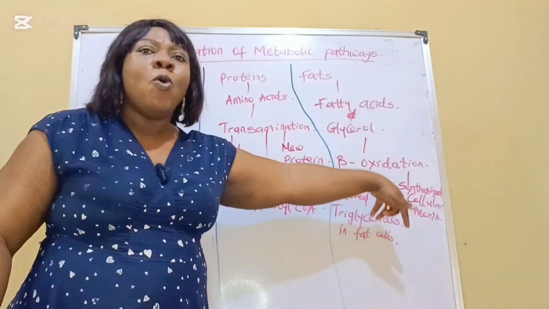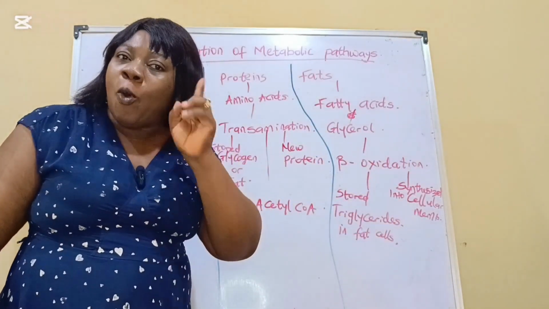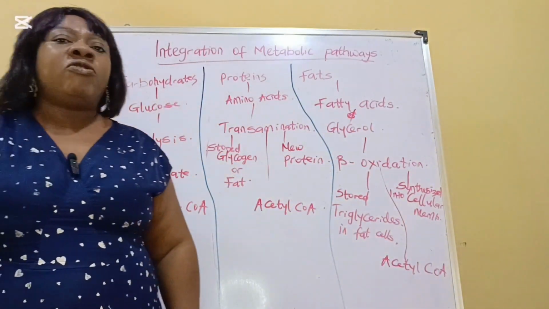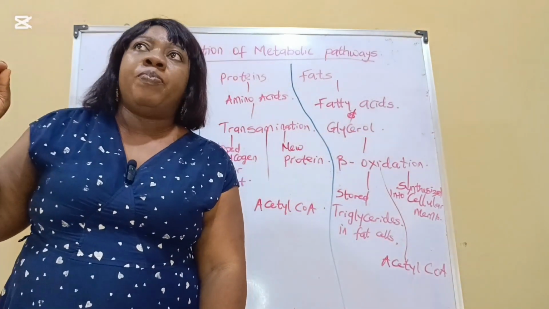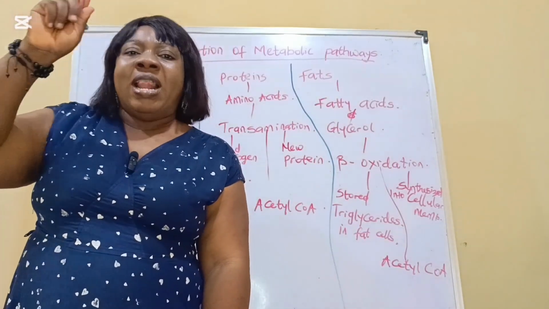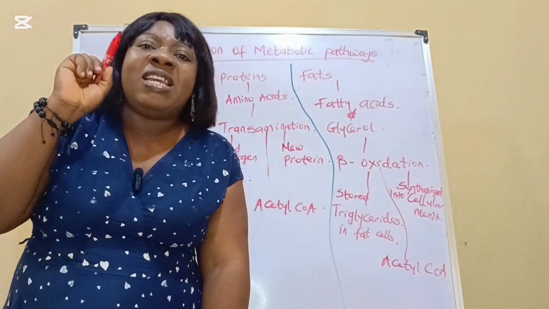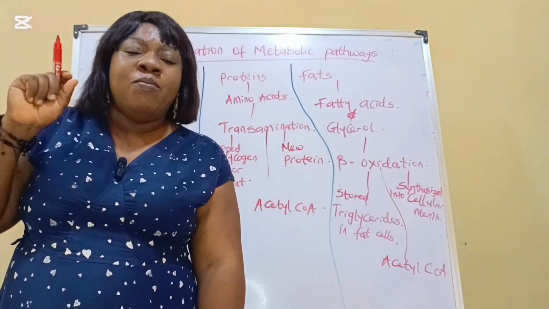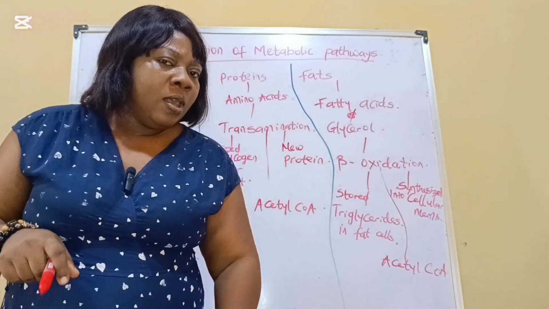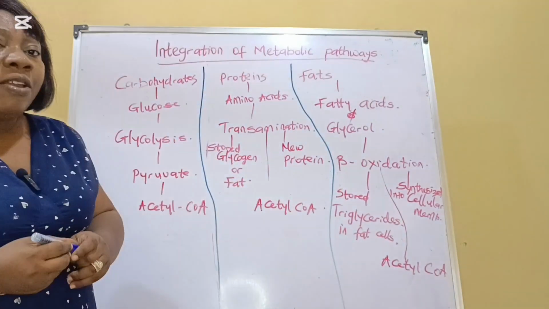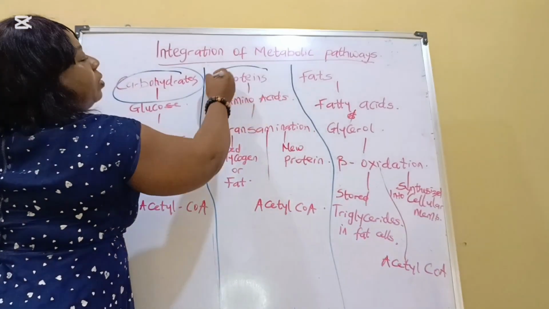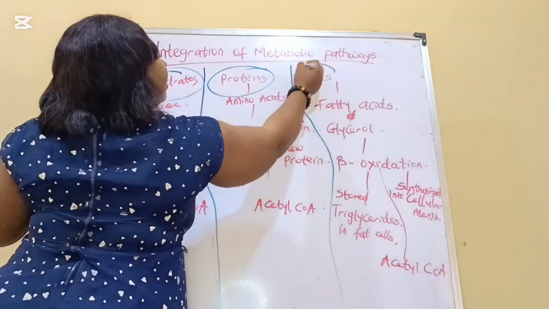From here also, we can get acetyl CoA. With all this, let's try and now remember our Krebs cycle, which is our TCA cycle. The molecule that enters into that cycle is acetyl CoA. Can you now see that when there is metabolism of carbohydrates, metabolism of protein, metabolism of fats,